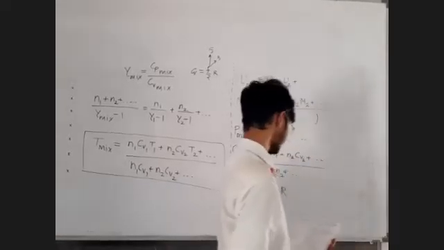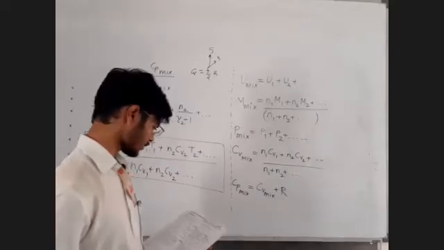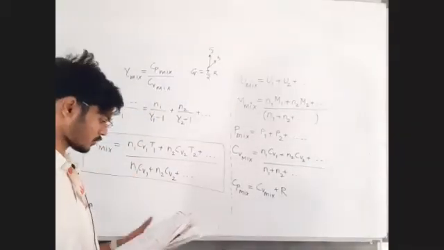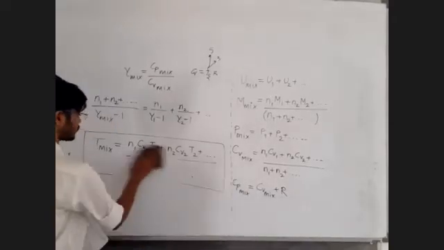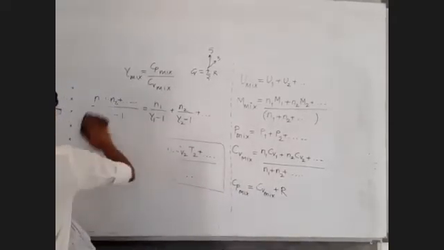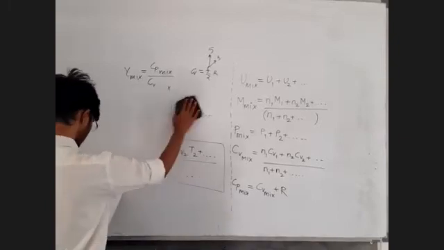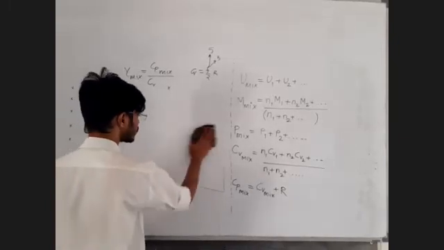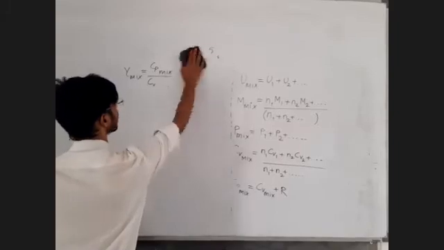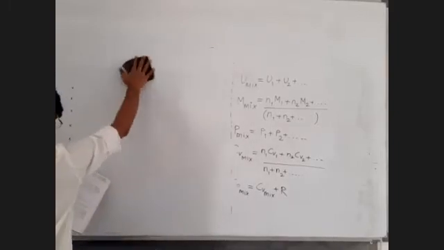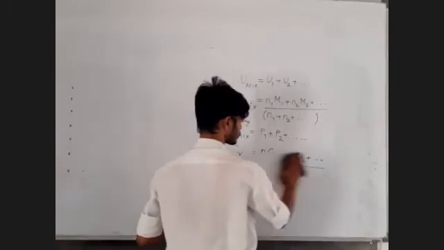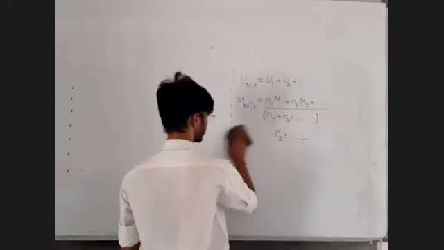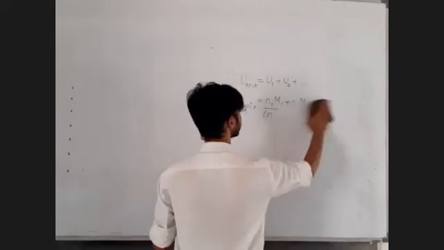Let me read the question and you try to answer the question. A vessel contains 7 gram of nitrogen. So write down m1 is equal to 7 gram, and 11 gram of carbon, m2 is equal to 11 gram. So masses of two gases we are given. m1 is 7 gram, m2 is 11 gram.